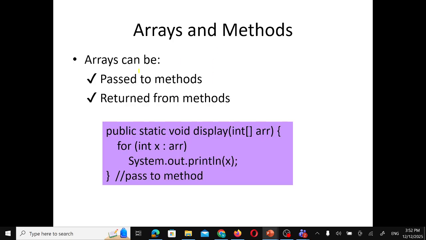So any array we can pass to the methods, any types of methods, and the array can be returned from the methods. For example, for the first case, where an array is passed to a method, we have this Java method,